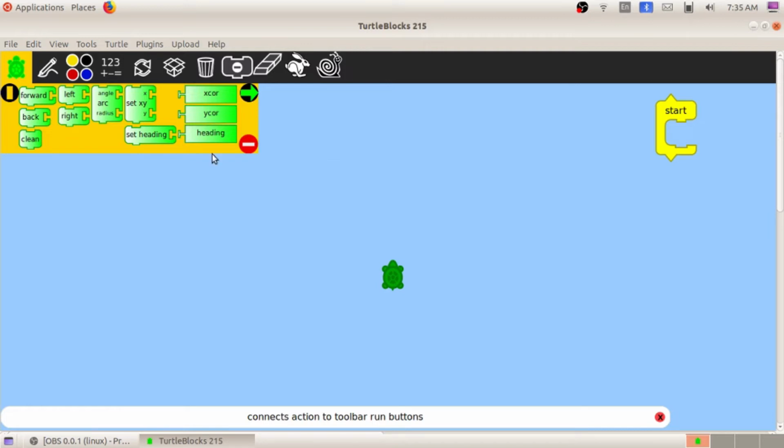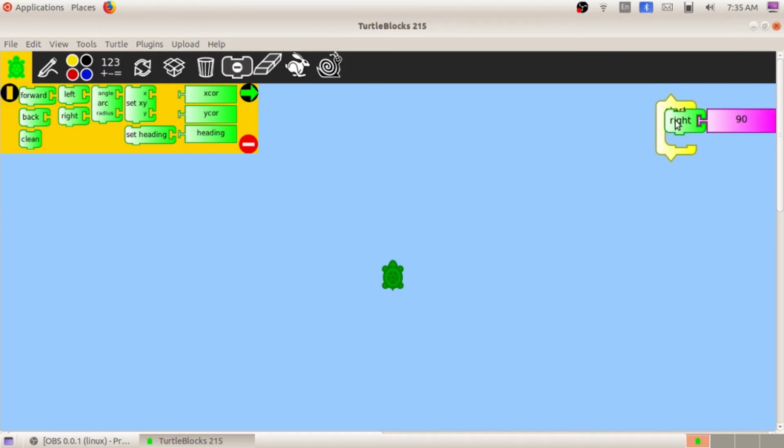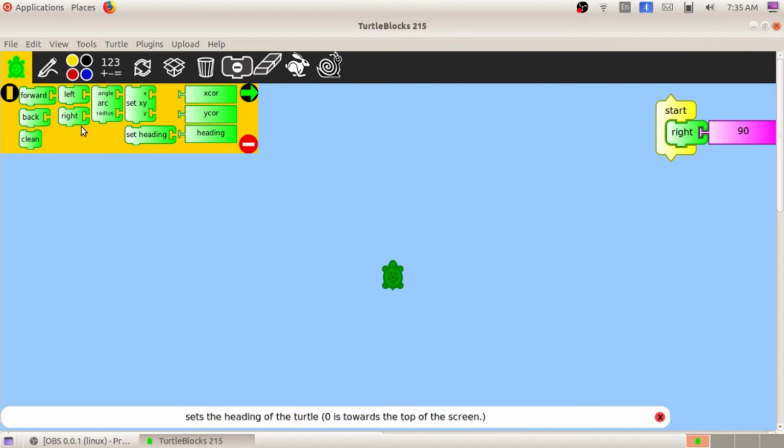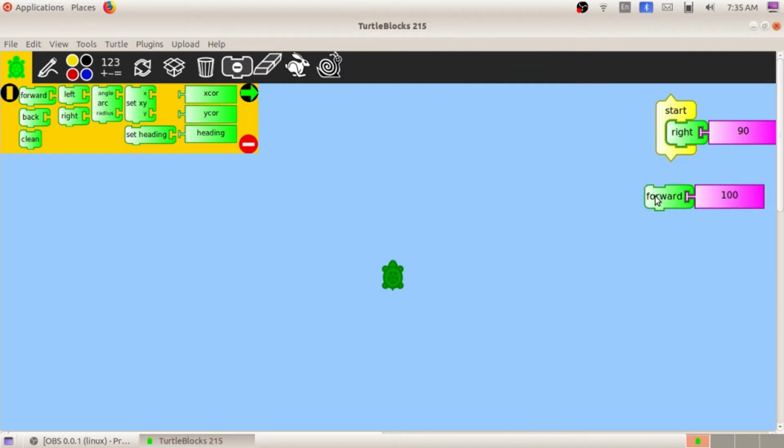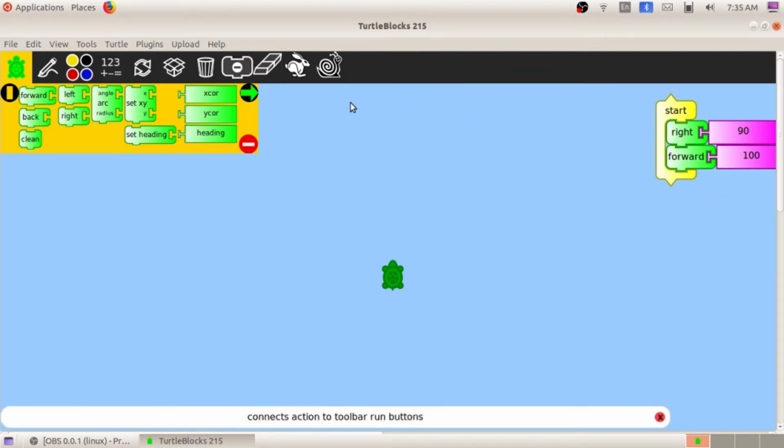We have already studied how to create a triangle, right? So first we need to turn the tortoise to the right side, right 90, then forward 100. Just try that.